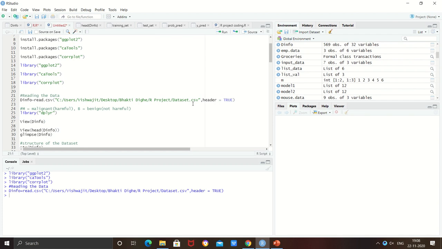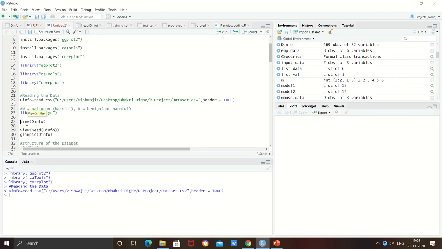And here we need to provide the path of the location of the file, where header is equal to true indicates the heading in our dataset. So here I am reading by using the read.csv function. Coming up with the next line, that is View(dinfo).